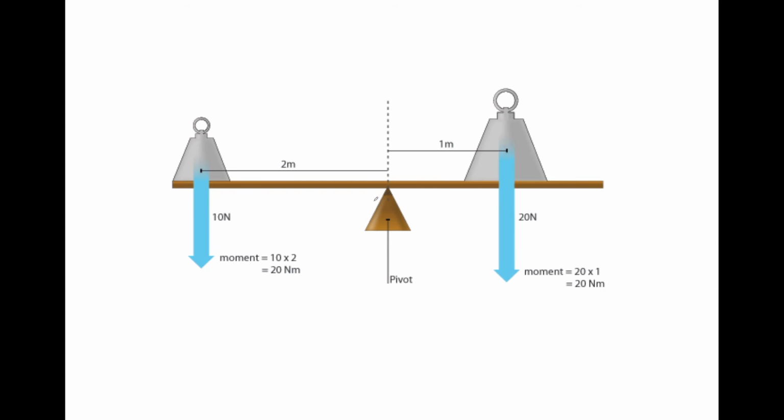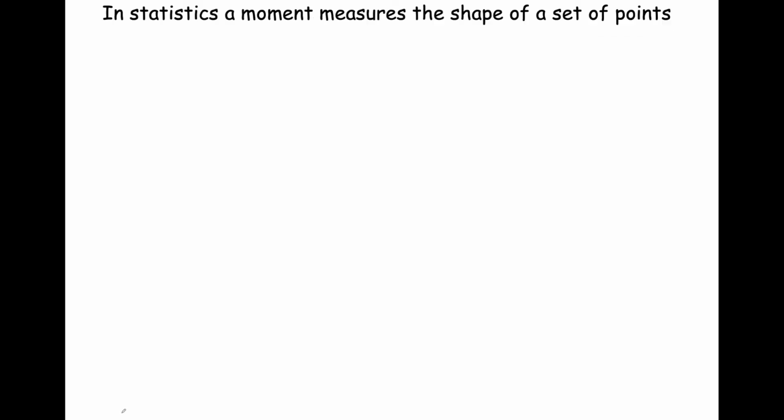And this will give us a balance because the sum of the moments is 0. The moment on the left wants to bring the board down in that direction, and the moment on the right wants to bring the board down in that direction. If the moments cancel, you're going to balance. All right. So this exercise, or rather this video, is a clever example, but it's all physics and explains what you can do with moments. And again, due to copyright issues, I'm not going to show it on YouTube.